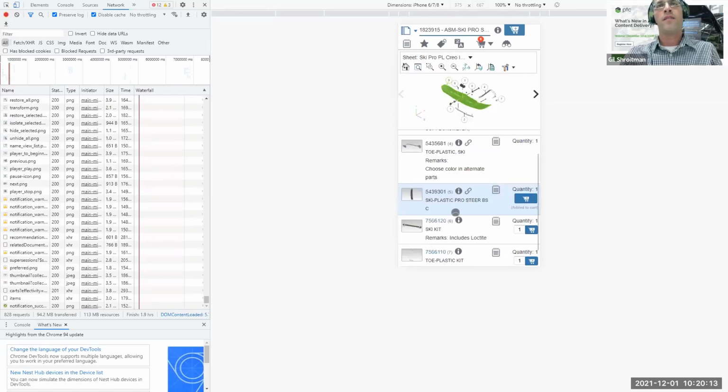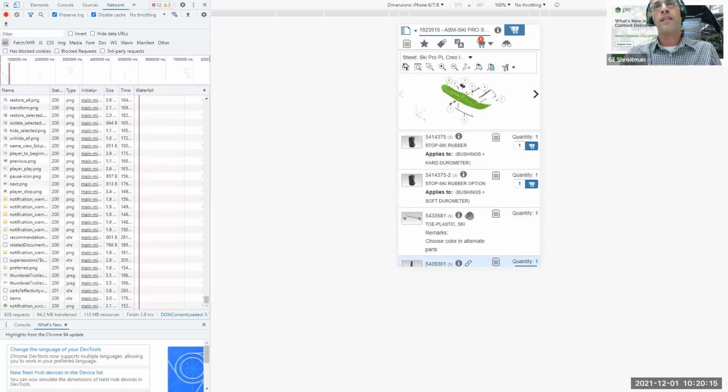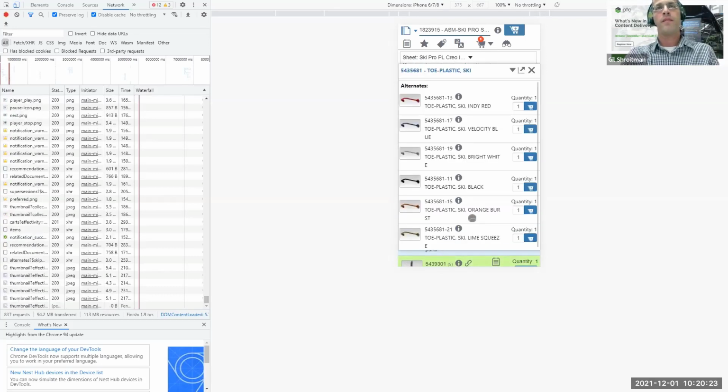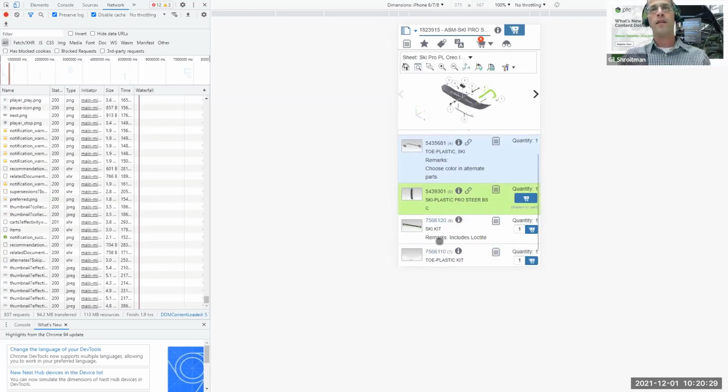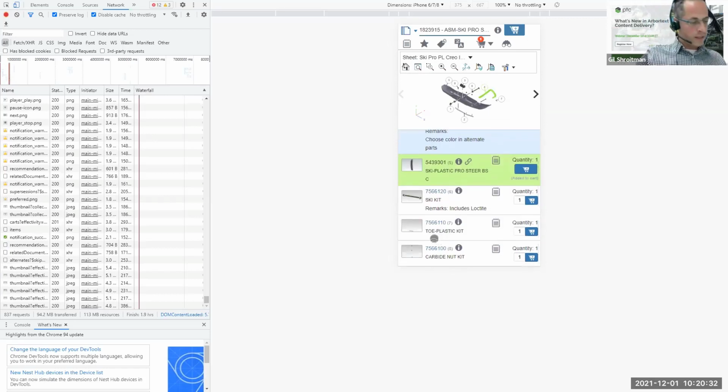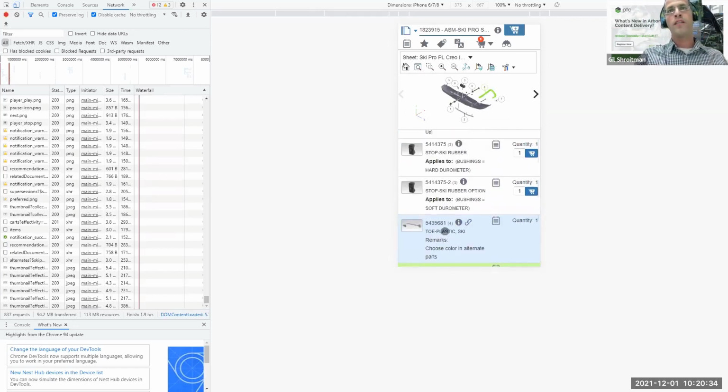I can scroll down or up the list here to see some additional information, such as, for example, this part that contains some alternate parts. So I open the window here to see some additional information directly from the same page, as well as see some additional information like